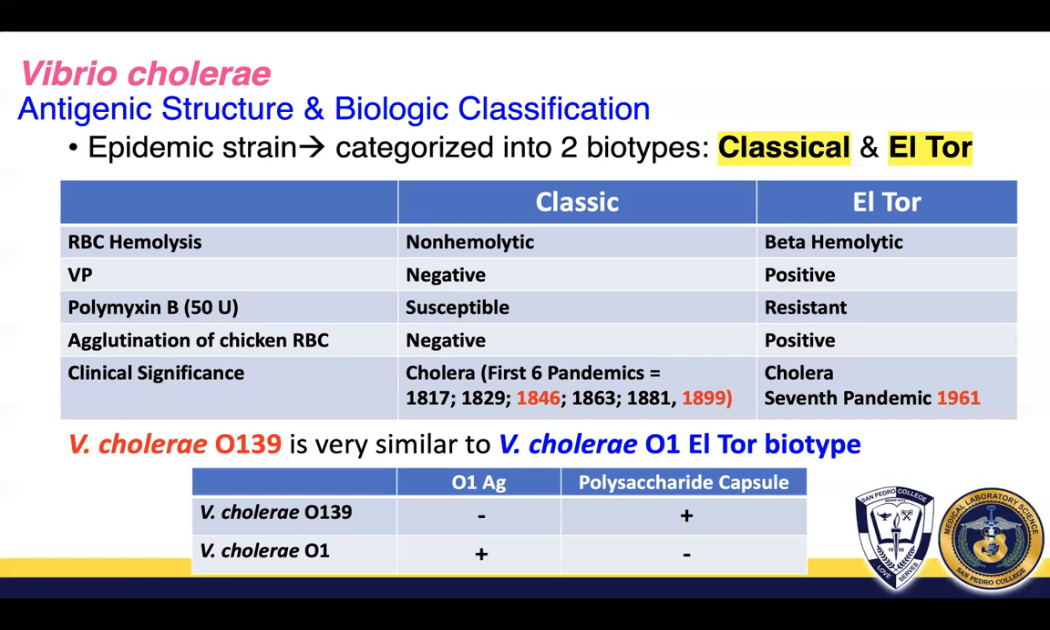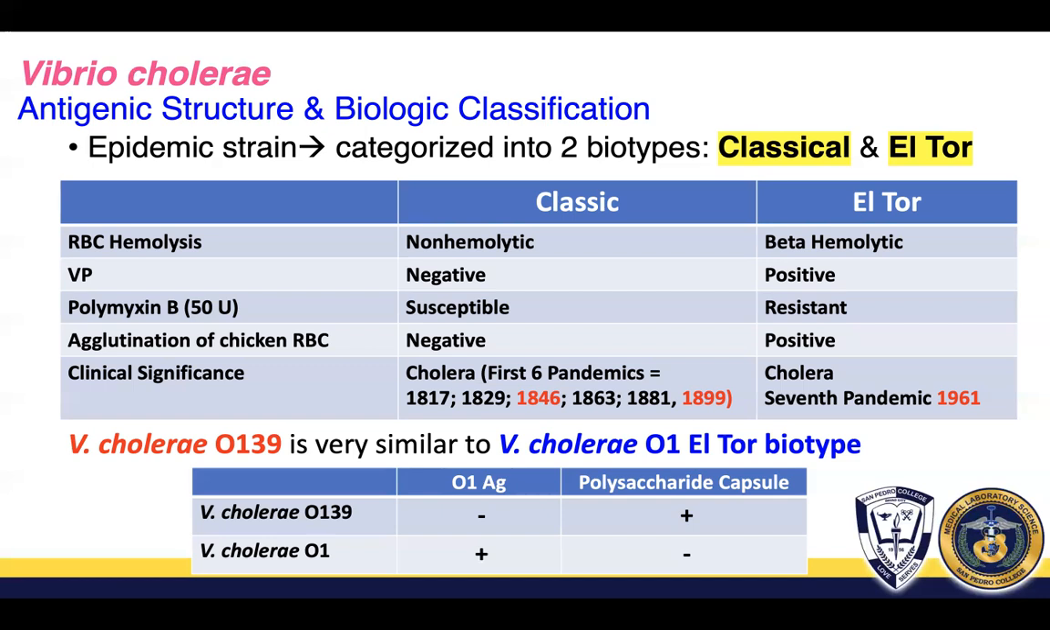These are more aggressive. No, they are beta hemolytic. They are Voges-Proskauer positive. They are resistant to polymyxin B, no? And they are more resistant to environmental changes, and they can also agglutinate chicken red blood cells. Okay. Now, apart from O1, the El Tor biotype, the Vibrio cholerae O139, which is probably the last, okay,